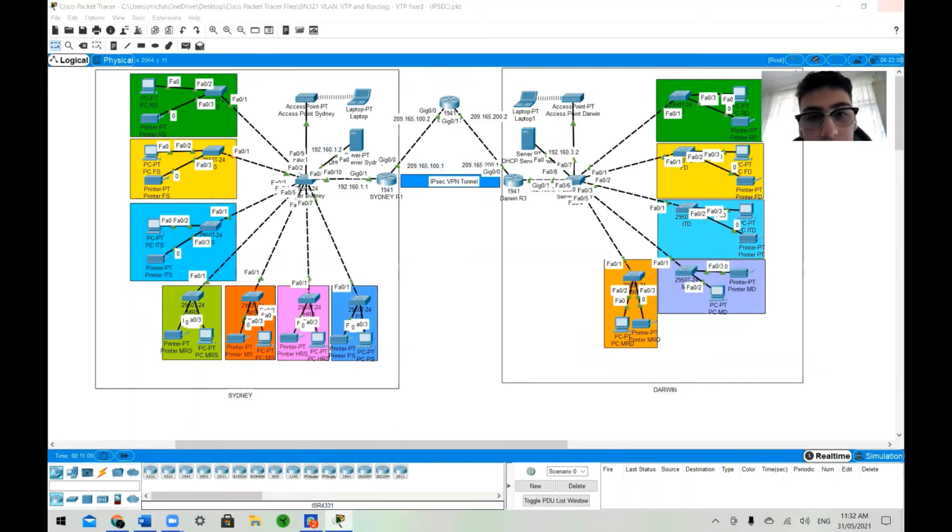I'll be demonstrating our network diagram, and talking about the protocol that we've used, which is OSPF, or Open Shortest Path First. As per the case study requirements, we've got a Sydney and a Darwin network. In order for the routers to exchange information, we'll be using the OSPF protocol. That allows us to exchange information between the different routers. For example, if I ping from Sydney to Darwin,